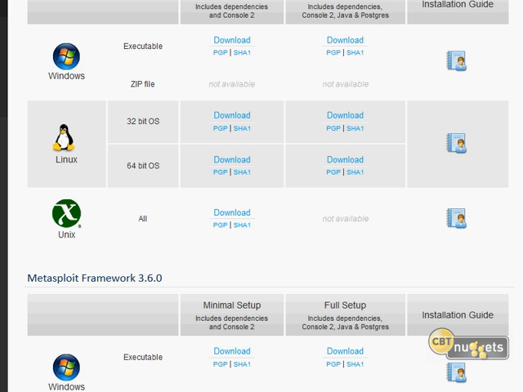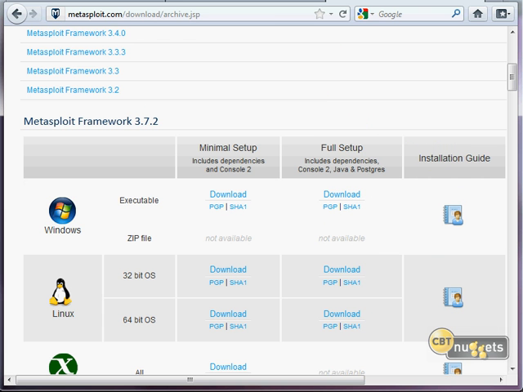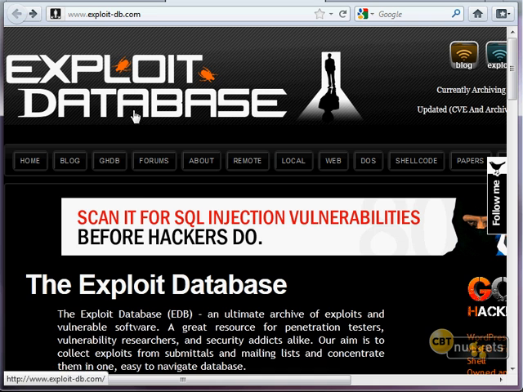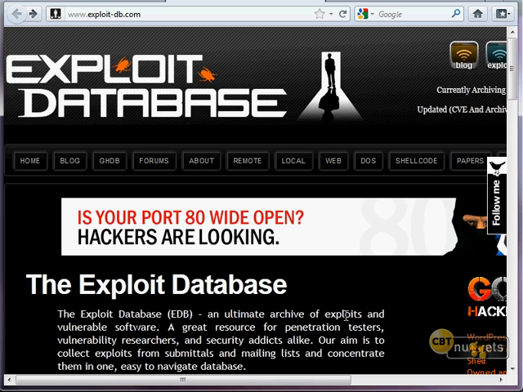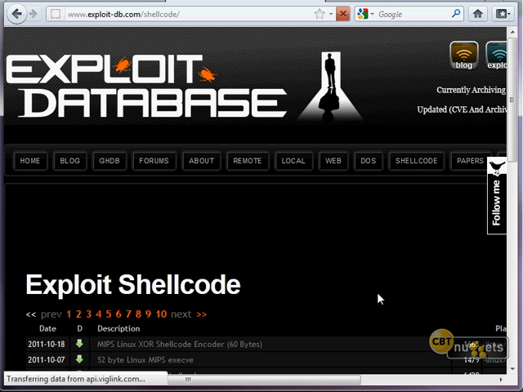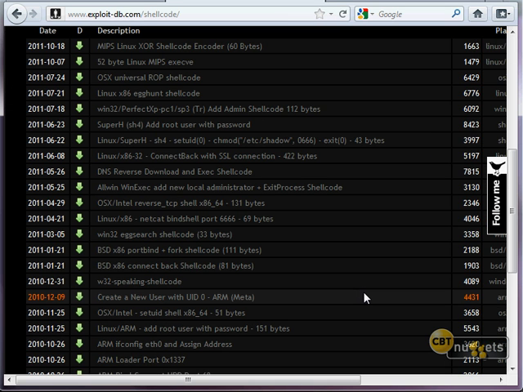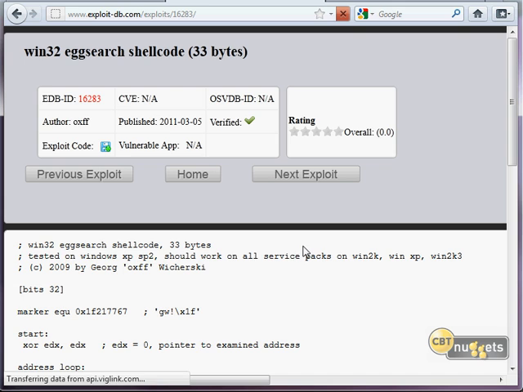One of the places I like to go, I think I've got it here. Let me show you. Where'd it go? Exploits database. I think I talked about that a little while ago. For this, you can just look at the exploit database, and you can look for the shell code about it. For example, I can go to the shell code itself. This is what could be put into the MSF CLI, where you can just start doing some of this stuff. Whatever that thing is, I don't even know. I'll just click on it.